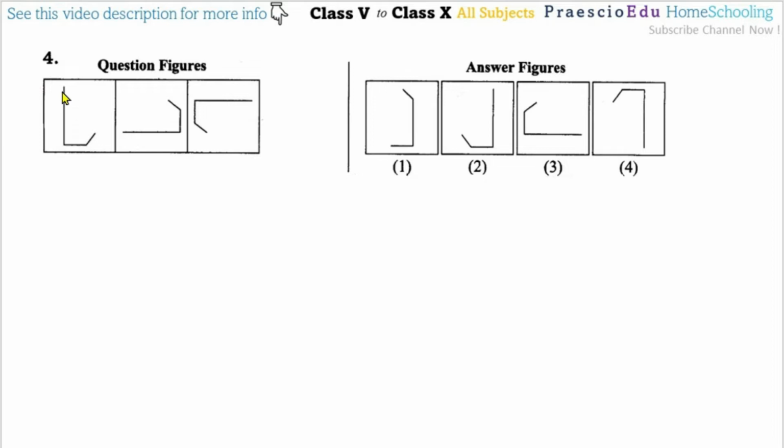Then question number 4. This shape is the same here and here, only the rotation is different. If you rotate it and bring it to the same position, you will find the same shape. And this is different from this category, this is different here. This is different from this one, it is a mirror image, so it is not exactly like this one. And this one also, after rotation, this and this will be matching. If you rotate like this by 180 degrees, you will get this figure. So that's why option number 4 is the correct one.